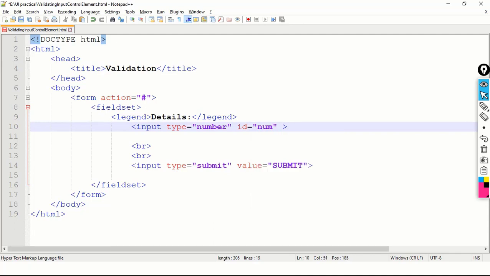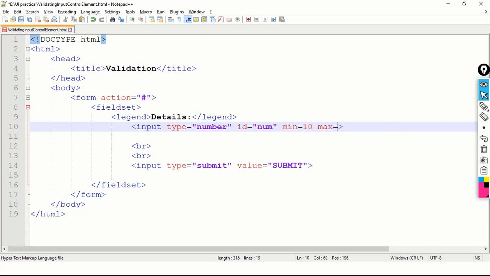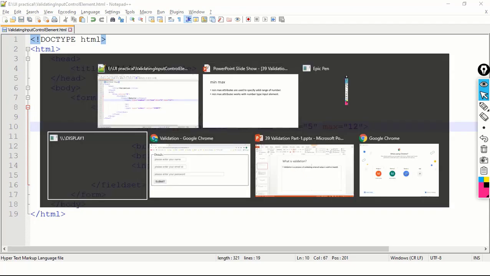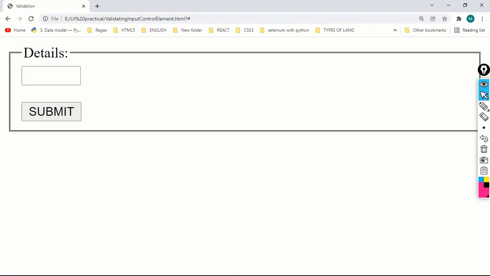Then we have min equal to 10, max equal to 12. Let's take min 5 and max 12. So what will happen, just save the code and let me refresh the page.